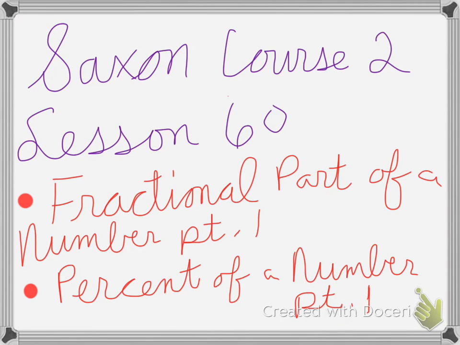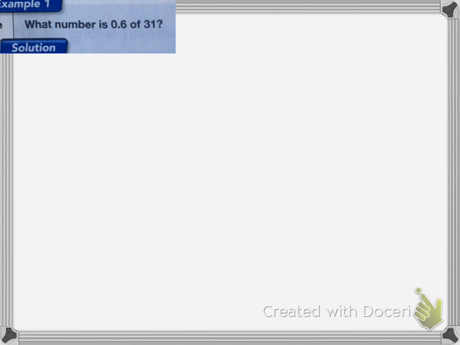Saxon Course 2, Lesson 60 is on fractional part of a number, Part 1, and then percent of a number, Part 1. So we have: what number is 0.6 of 31? We need to write this as an equation. So what number is going to turn into a letter, a W. What number? The word is